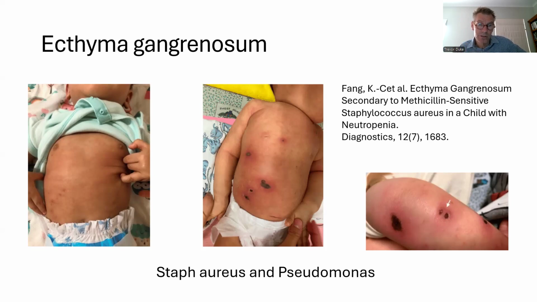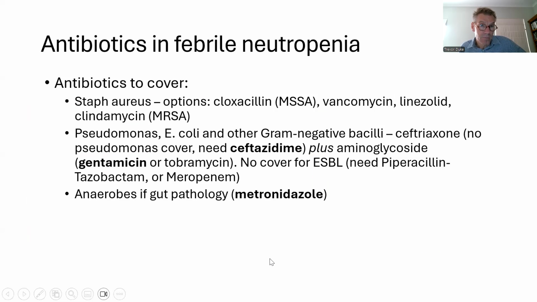This is a very serious infection. And if you see septic spots like this, think of Pseudomonas or some other gram-negative or Staph aureus. This was Staph aureus in a child who had neutropenia, but you can see it with other infections, especially Pseudomonas. So our management of febrile neutropenia needs to cover all the likely bugs that can cause infections in such patients, and